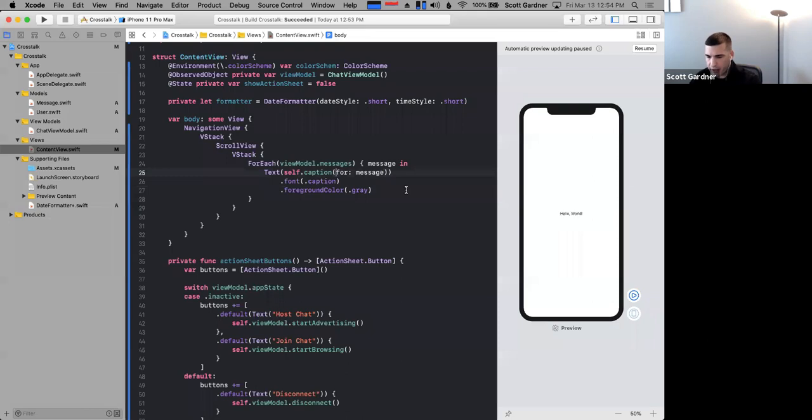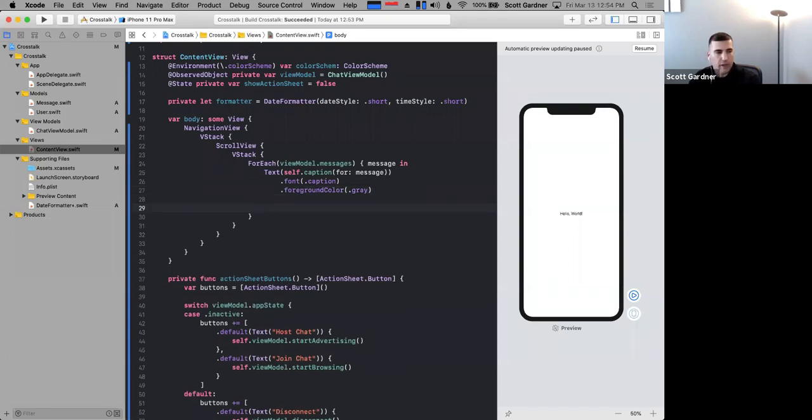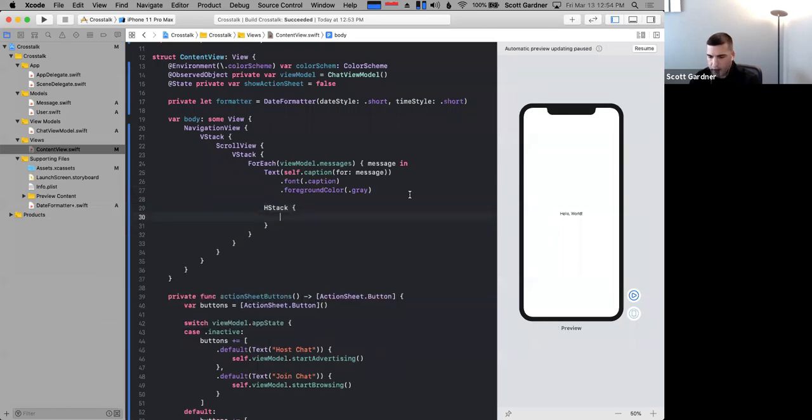That takes care of our text. We are still inside of the ForEach, so we're basically building out the view that will be displayed for each individual message. And below that, we're going to create an HStack. And this is a horizontal stack. And inside of that horizontal stack, as we know when we're looking at, say, a chat app or conversation, if we have text that needs to be wrapped to the next line,